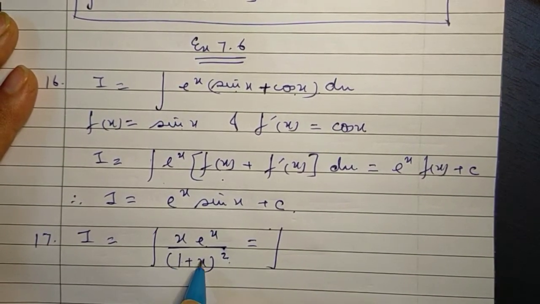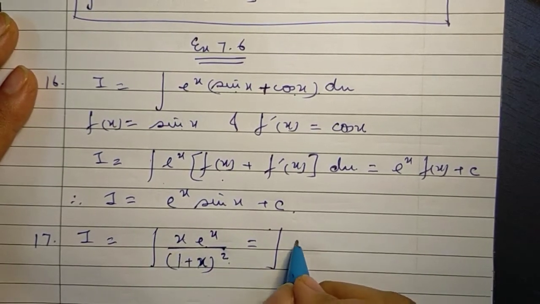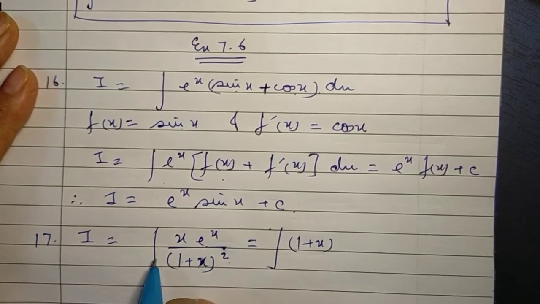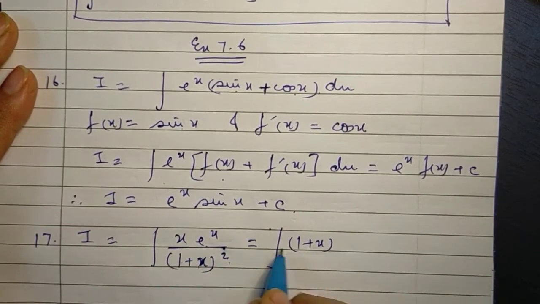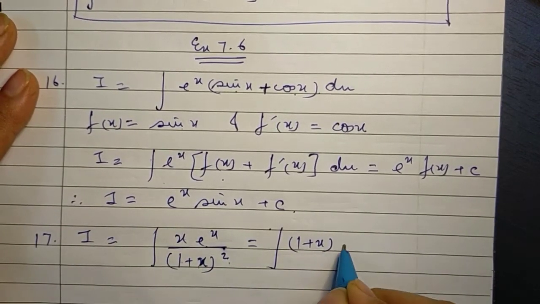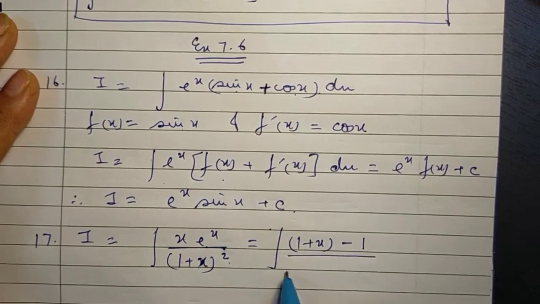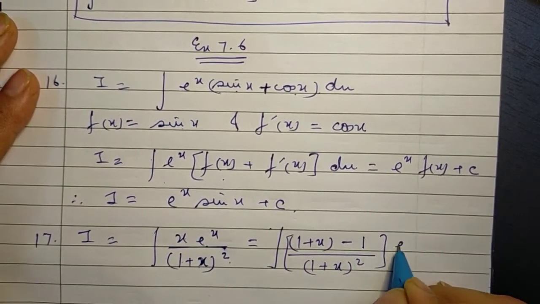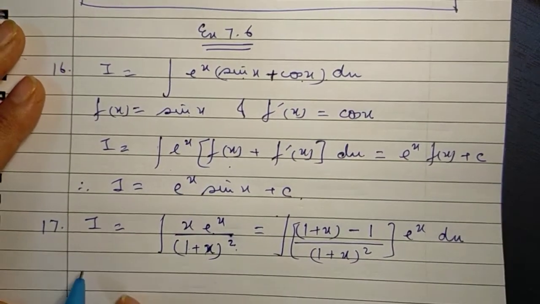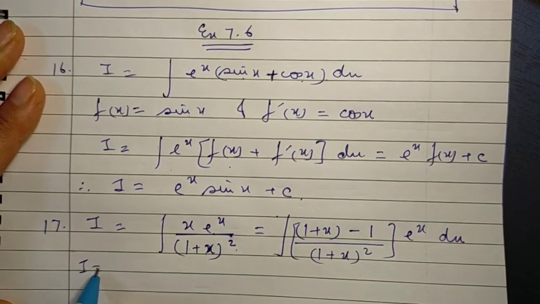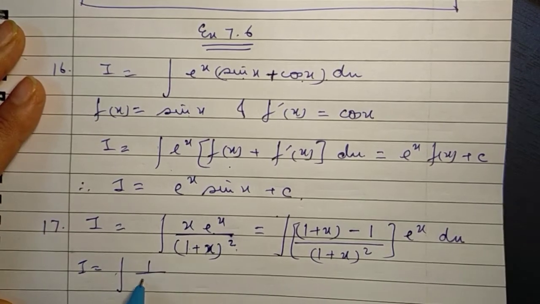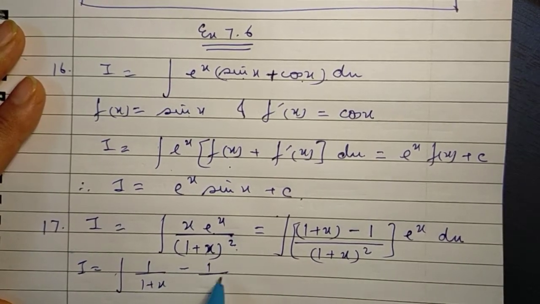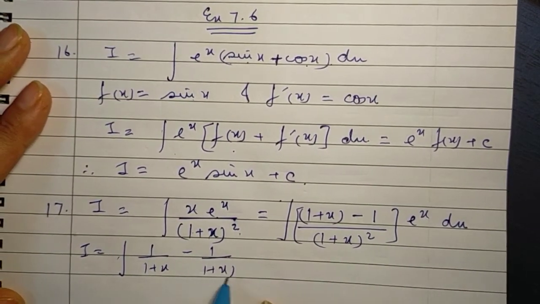So using a hint from here, let's write this x as 1 plus x. If I am writing it as 1 plus x, it means I have added 1, so I have to subtract 1, and (1 plus x) whole squared is as it is, e raised to x is as it is. Now we split the numerator, we can write it as 1 over (1 plus x) minus 1 over (1 plus x) whole squared,